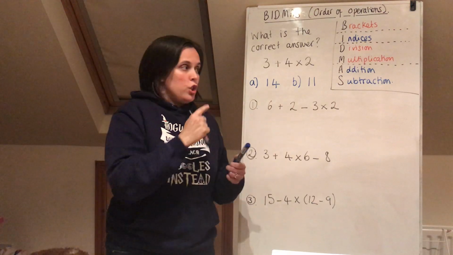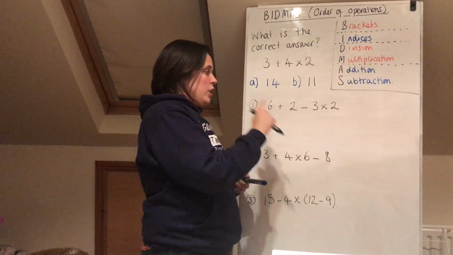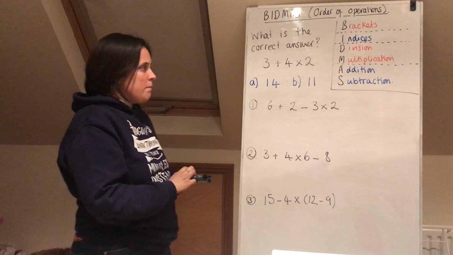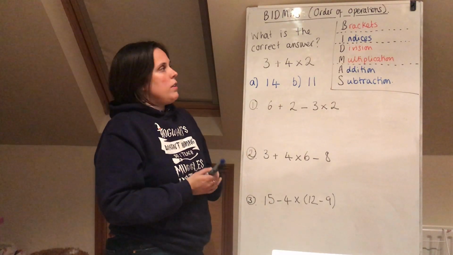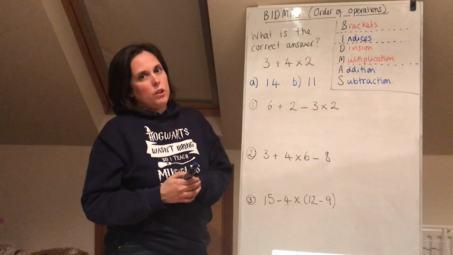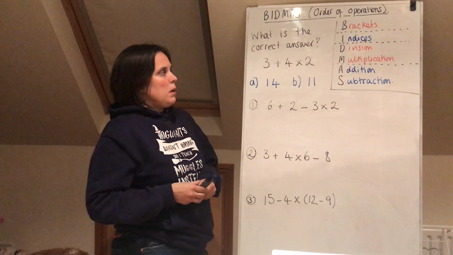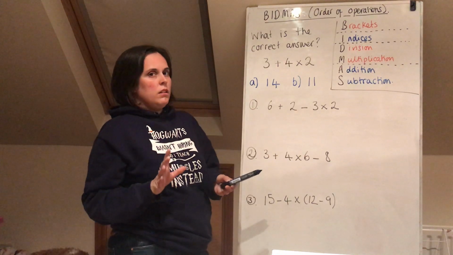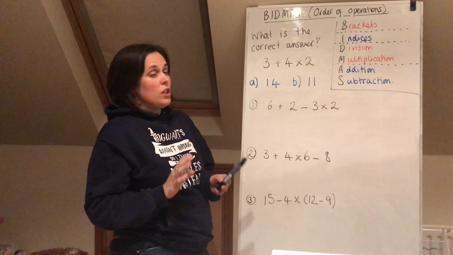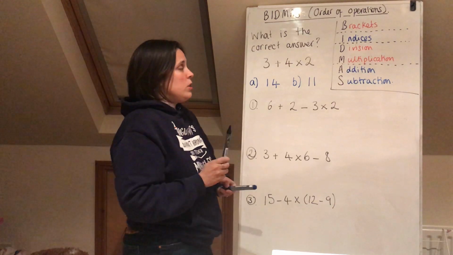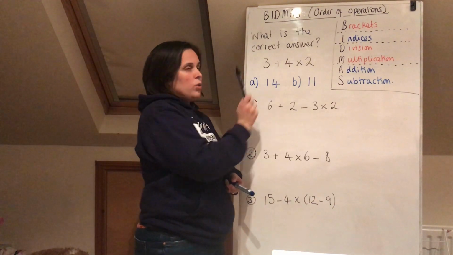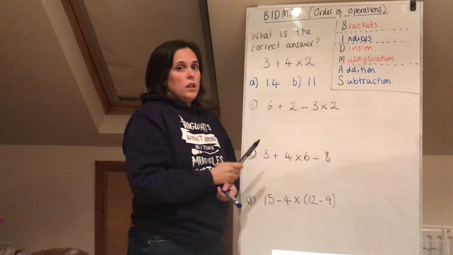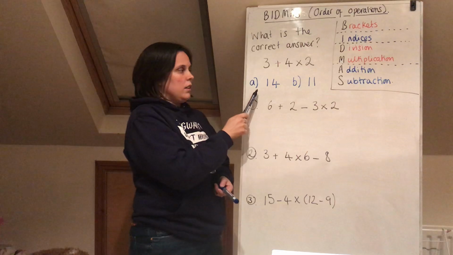But if you had a sum that's just got addition and subtraction in it, you read from left to right, and that is how you do the calculation, okay? So, with that in mind, let's look at this sum that I've written on the board here. 3 plus 4 times 2. Now if we didn't consider order of operations at all, and we just did the sum as it is, we would do 3 plus 4, and we would get 7, and then times that answer by 2. So 7 times 2 is 14, and that would give us